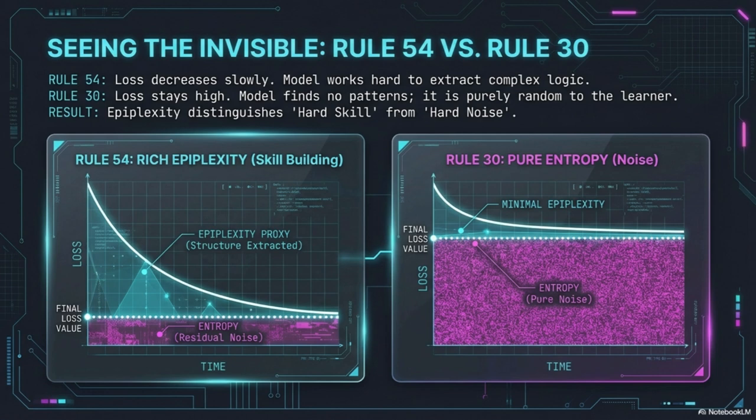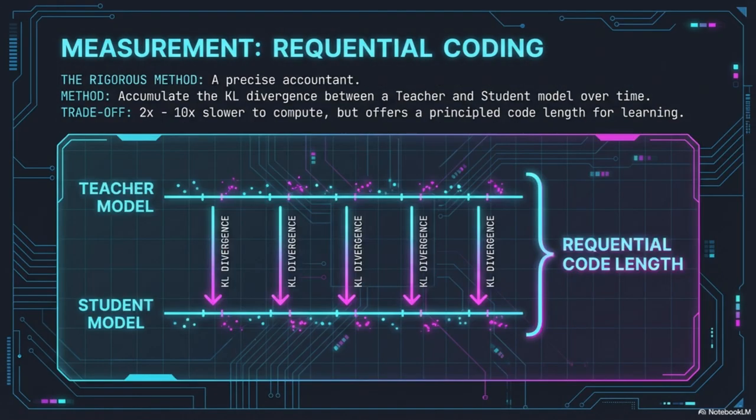Okay, that's a powerful idea, but let's get practical. You're running a job, you want to measure this. How do you quantify something like P-star without looking at 175 billion weights? You don't. You avoid the weight tensor. The breakthrough suggestion is to encode the learning process itself. You track how the model's predictions change over time. And the easiest on-ramp for practitioners is something called prequential coding.